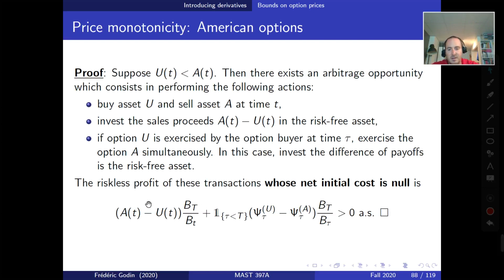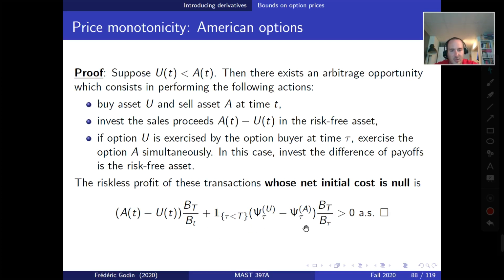So what's the profit from that transaction? The profit is the difference of prices of the two options, because you've purchased U, so you paid its premium, but you sold A, so you received its premium, times the interest rate accrual factor between small t and capital T. Plus, here this is an indicator which says 1 if the option is exercised before maturity or 0 otherwise,